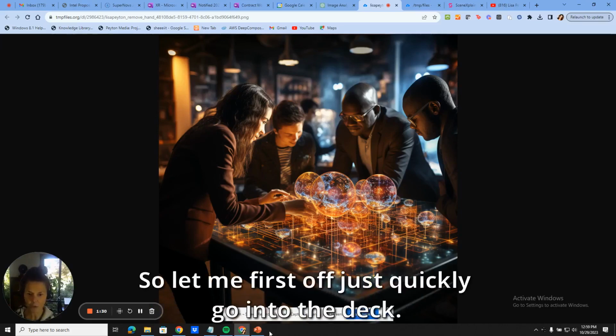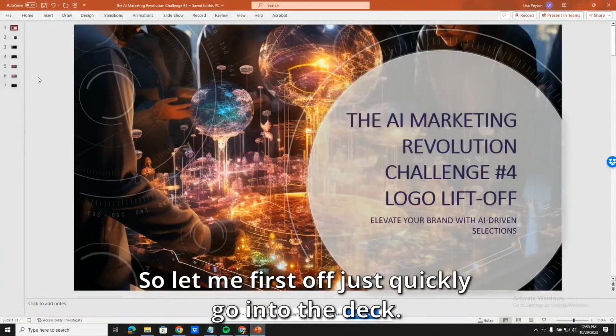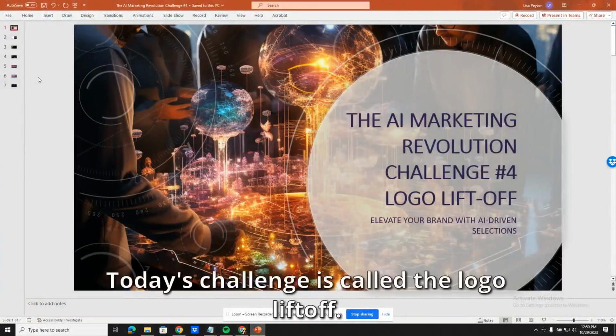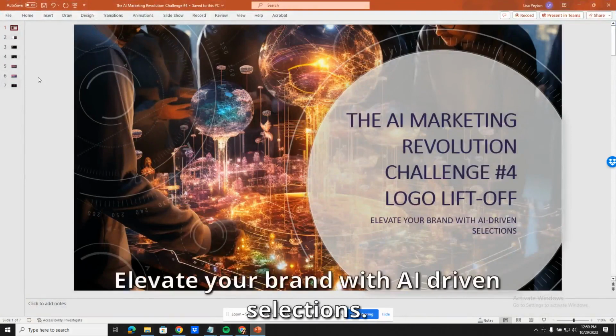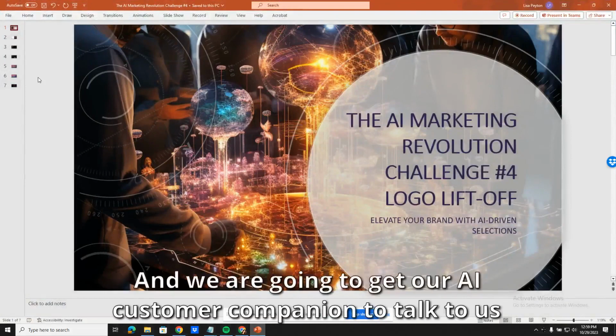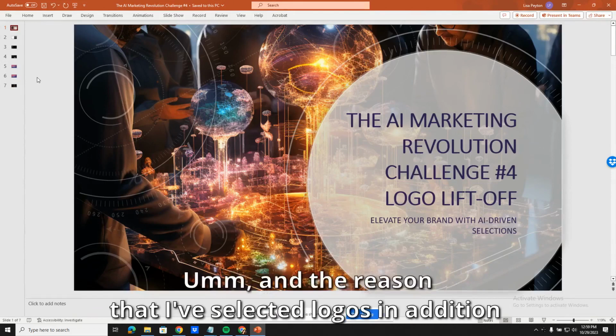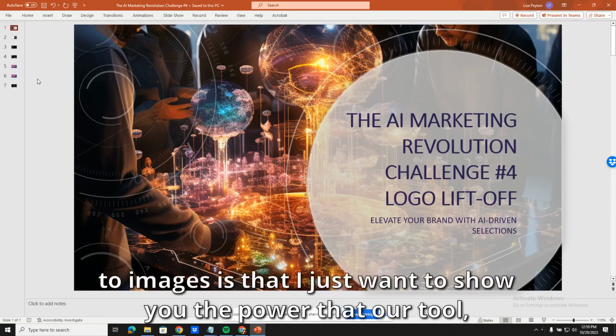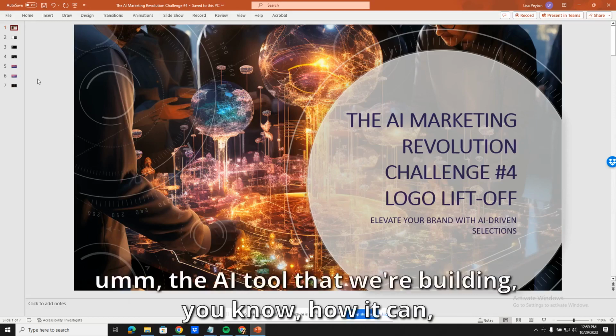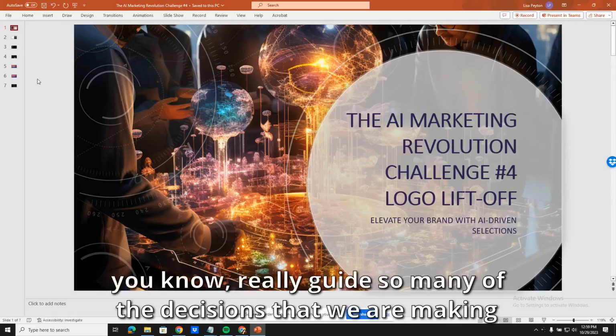So let me first off just quickly go into the deck. Today's challenge is called the Logo Liftoff. Elevate your brand with AI-driven selections, and we are going to get our AI customer companion to talk to us about some logo treatments. And the reason that I've selected logos in addition to images is that I just want to show you the power of the AI tool that we're building,